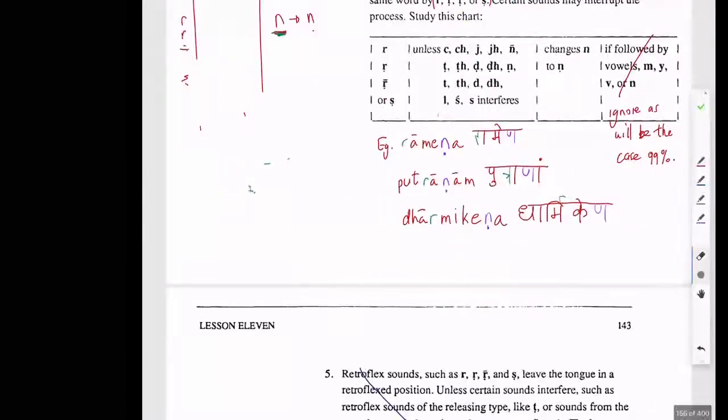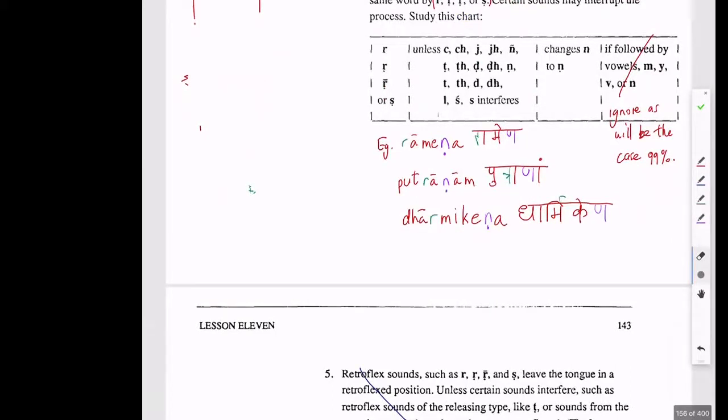Can I just confirm, Andre? So the r can be as many letters before the n as you want. Correct. And the n will still be susceptible to changing into retroflex, unless in between the r and the n, you have this table in between. Okay. So for example,